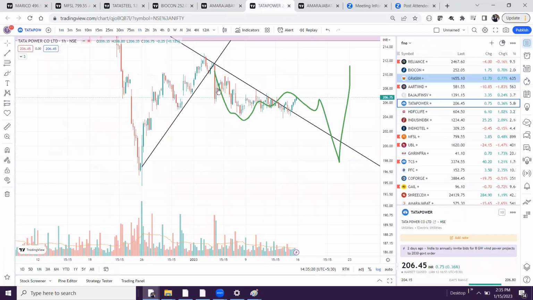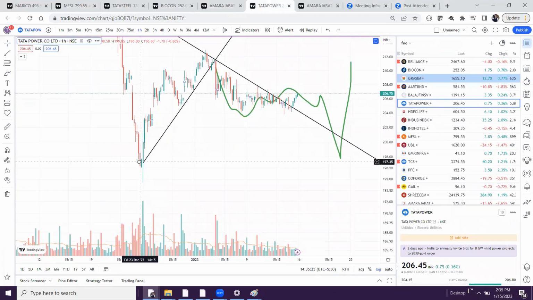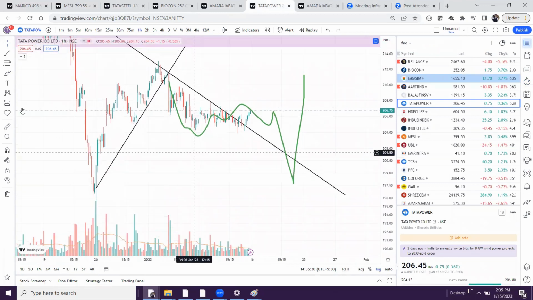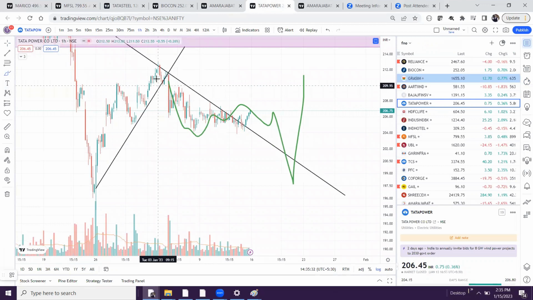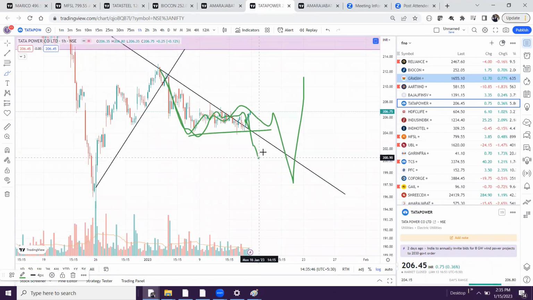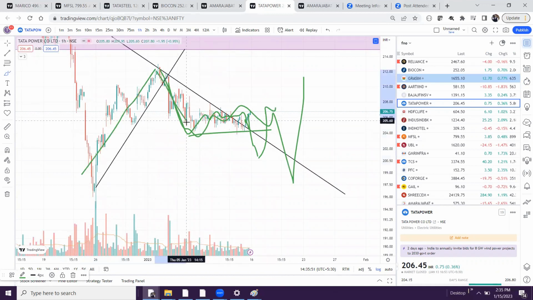So let us see another, Tata Power. If you see the stock of Tata Power, after this impulsive up move, now the stock is in a correction. And for the correction to complete, if you see, this is the first wave. After this, it is going very correctively. So some downside cannot be ruled out, but ignore that downside and try to find if we get an impulsive move to the top,